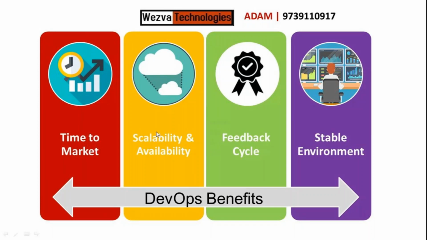So that's how you will be able to manage the cost. Every organization is looking at scalability in their infrastructure so that they can make sure that with more and more users accessing their application or service, they will be able to help them. Okay. Now, the other side is the feedback cycle.